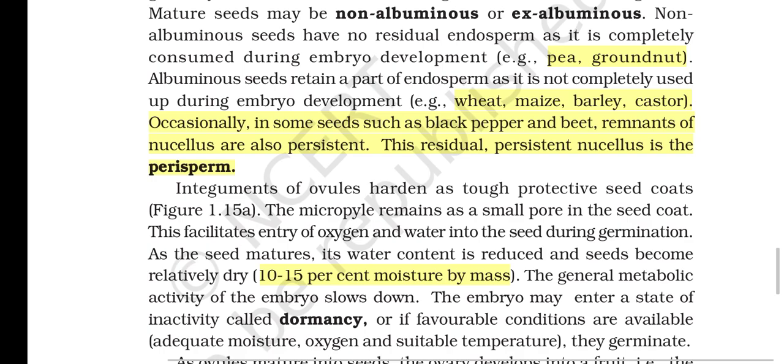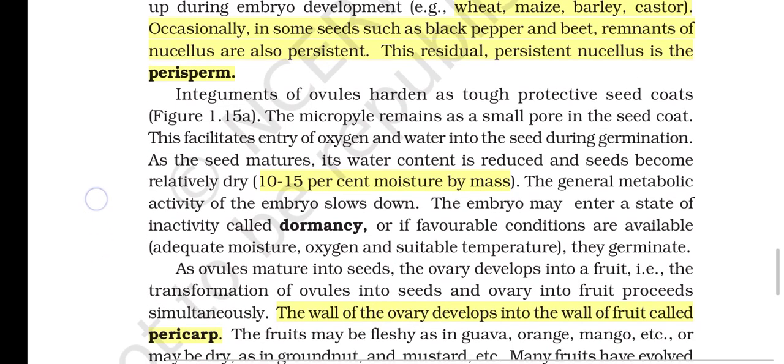Integuments of ovules harden as tough protective seed coats. The micropyle remains as a small pore in the seed coat. This facilitates entry of oxygen and water into the seed during germination. As the seed matures, its water content is reduced and seeds become relatively dry, 10 to 15% moisture by mass. The general metabolic activity of the embryo slows down. The embryo may enter a state of inactivity called dormancy, or if favorable conditions are available, adequate moisture, oxygen, and